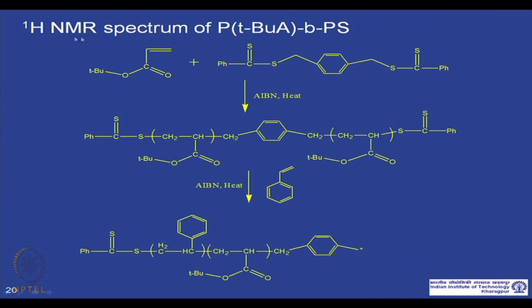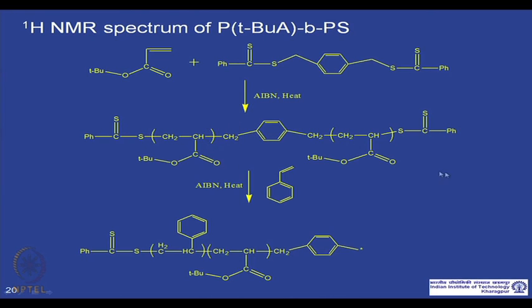Next example is where we are trying to make a block copolymer of poly(tertiary butyl acrylate) and polystyrene using living radical polymerization, RAFT. This is the reaction scheme. This is the monomer, tertiary butyl acrylate, and it undergoes radical polymerization by AIBN in the presence of heat and in the presence of this chain transfer agent, and